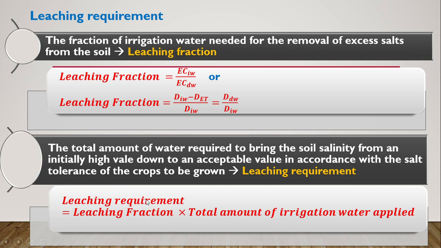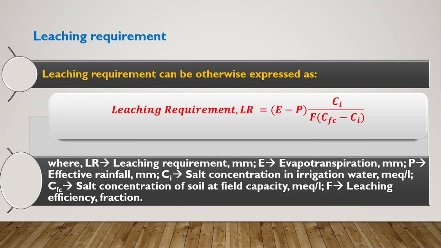Now leaching requirement is equal to leaching fraction times the total amount of irrigation water applied. The total amount of water required to bring the soil salinity from an initially high value down to an acceptable value, in accordance with the salt tolerance of the crop to be grown, is known as leaching requirement. The excess amount of water needed for removing the salt content of the soil is known as leaching requirement. It can be expressed using this formula: (E minus P) into Ci divided by F into (CFC minus